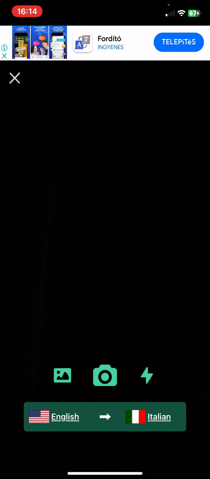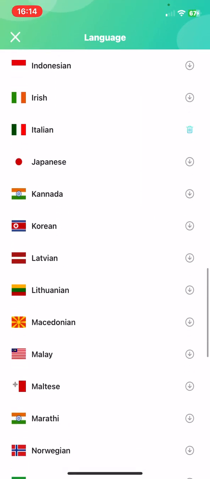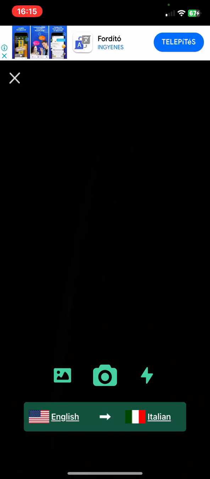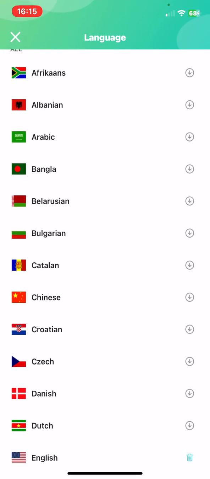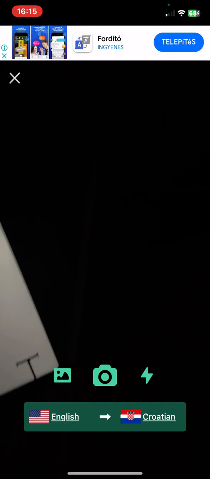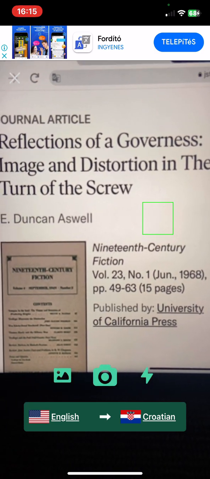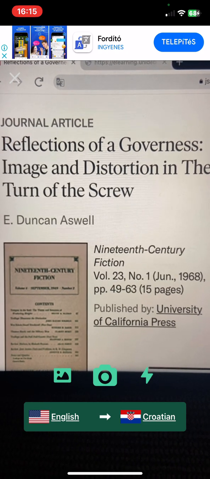And at the bottom of the page you can set both languages. First, the language of the original text, which for me will be English, and you can set the language you want your text to be translated to. And if you are done with that, I will set, for example, Croatian, and just using your camera, just find any text you want to translate and